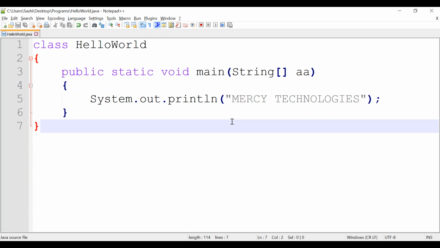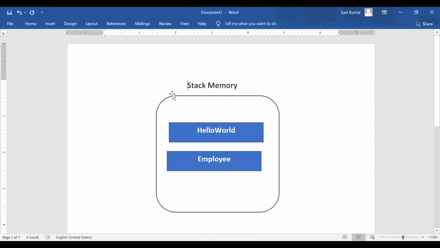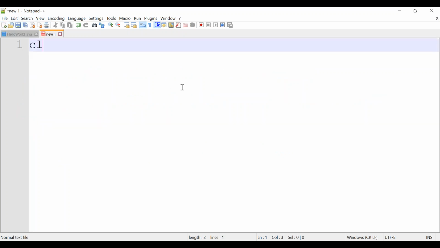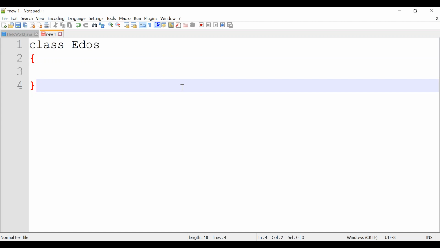Let's see one more program. Let's go with a new class, with the class name Heroes, and select the language as Java.